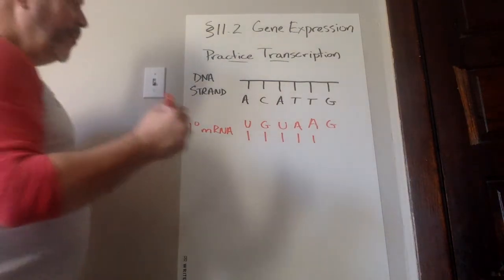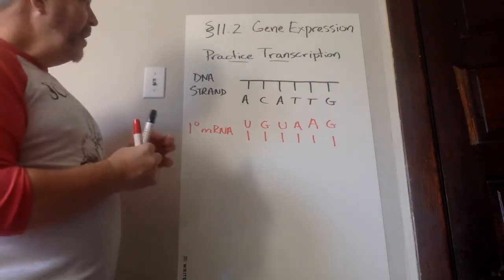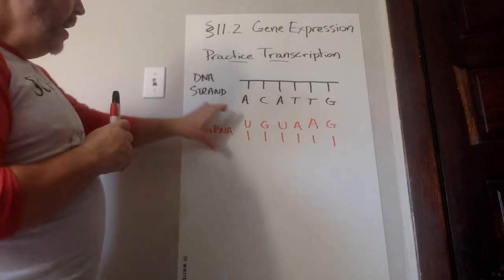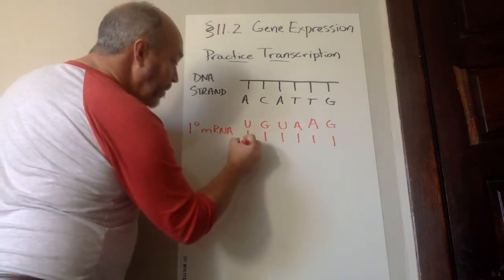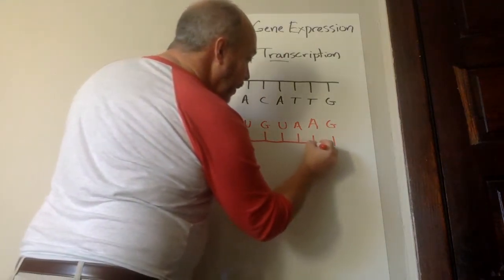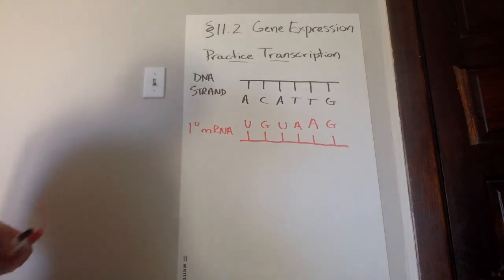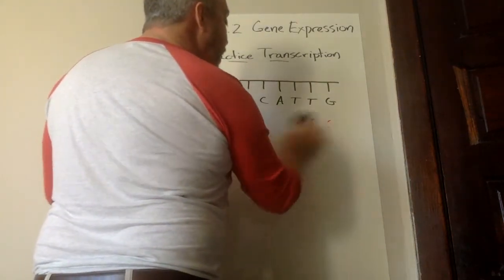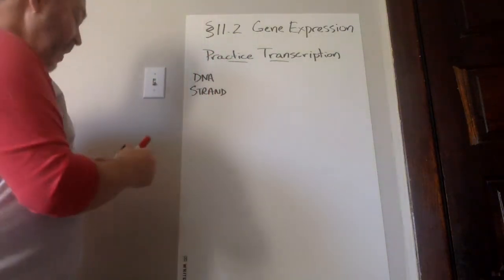So when I talked about in that previous assignment, when the complementary base pairs, we opened up that DNA strand before RNA polymerase can do its job, the complements have to line up opposite each other, and then the RNA polymerase can come through and make a phosphodiester bond between them. So part of today's assignment is, if I give you a DNA strand, can you find and create the mRNA opposite that? So if we had a bigger strand,